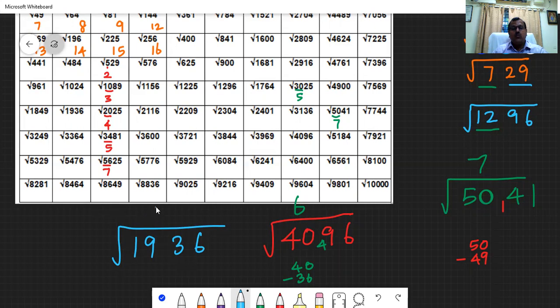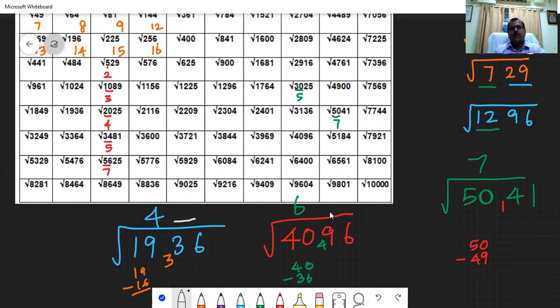The first part is 19. In 19 we have 4, since 4 fours are 16. When you subtract 16 from 19, we have 3. That remainder 3 should be written in front of the next digit. Now read this as 33. Now how to find the second digit? I will tell you. Listen carefully. Now what number do you have? This is your first part, square. Please listen. First part is 4.